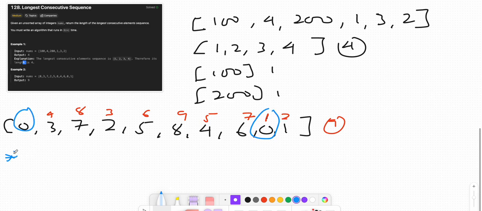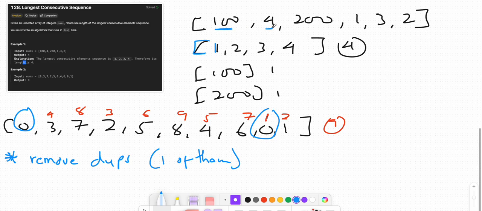So what we can deduce from this is that we can remove just one of the duplicates. Let's look at the first example again. I was able to get this answer just by looking at it with my eyes. But how do you know that this is part of a sequence, or this is part of a sequence? Well, you can't know. So when you start looping through the array and you pick, say, 100,